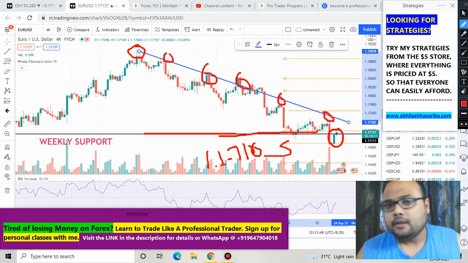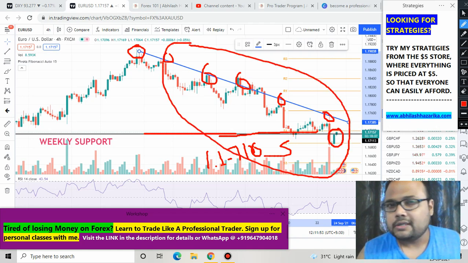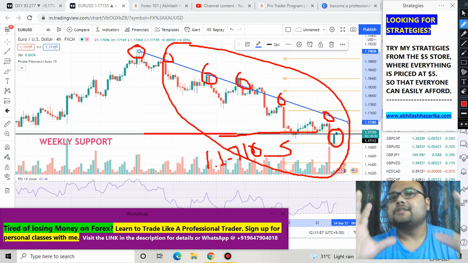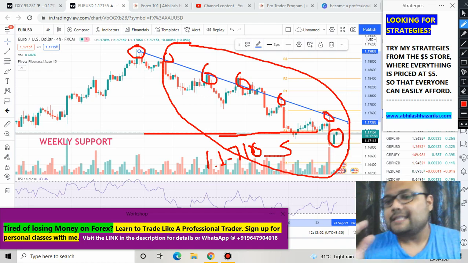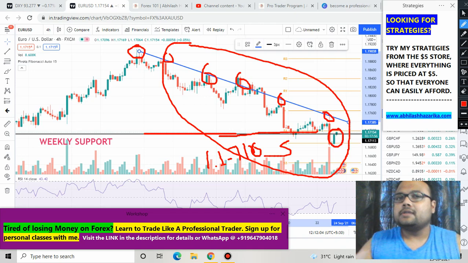Looking at the present condition of the market here, don't you think that Euro USD is under the heavy influence of sellers? Yes, the market is still respecting the support here, there is no doubt, but we can see that overall the trend of Euro USD is towards the downside, and the selling pressure is very high.